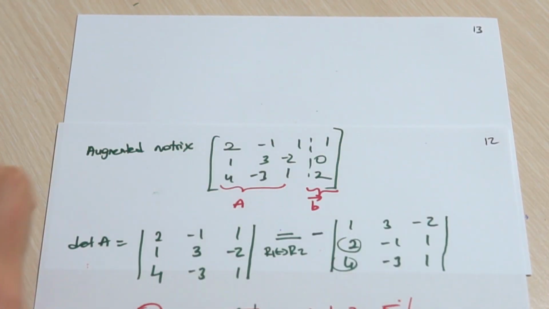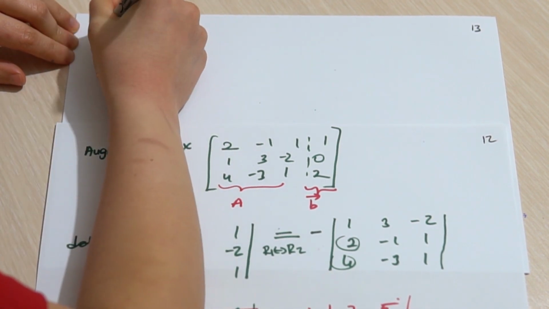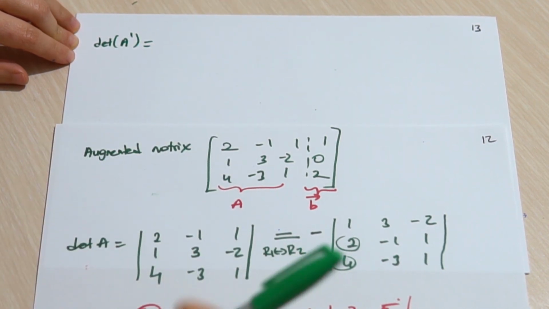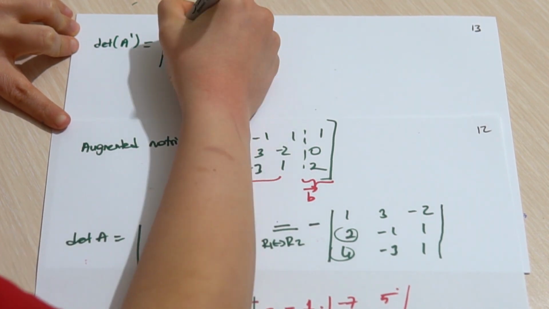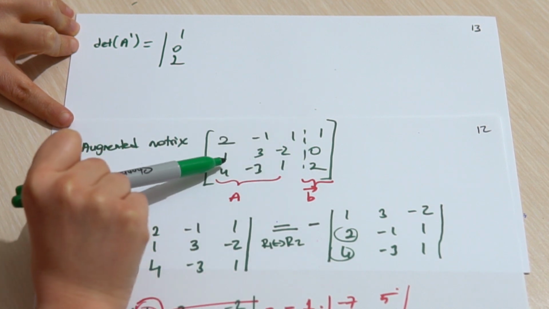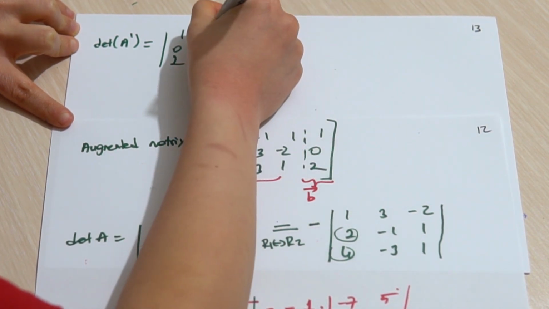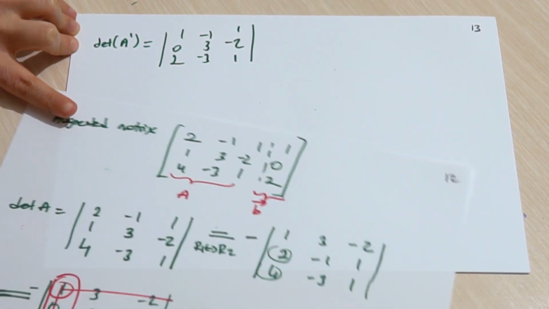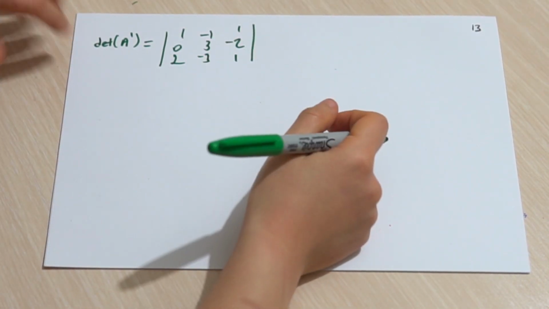Now, since we found the determinant, we need to find the A_i's and their determinants. Let's first look at the determinant A1. So we will replace the first column by the vector B. So I will have here 1, 0, 2, instead of column 1, and then we will have minus 1, 3, minus 3, 1, minus 2, 1, right? So the determinant of this one is equal to